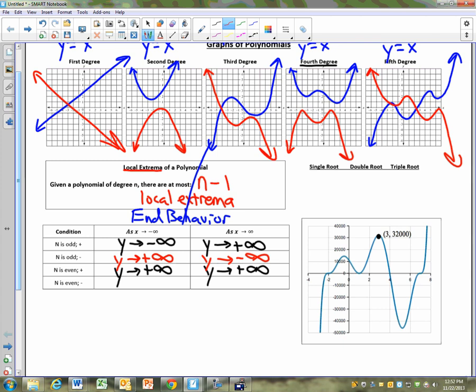Let's look at an even one. Let's look at the second degree, the quadratic. As x goes towards negative infinity, y goes towards, and as x goes towards positive infinity, y goes towards